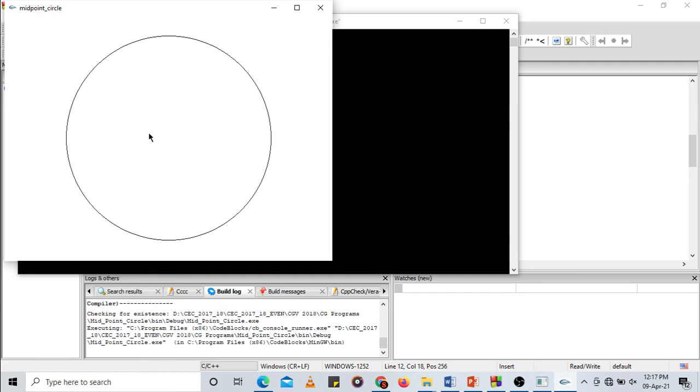And finally, we implemented that algorithm in a program to observe the output using OpenGL libraries, and this is what we get here. So with this, let us conclude this particular video session on computer graphics and visualization. Thank you.